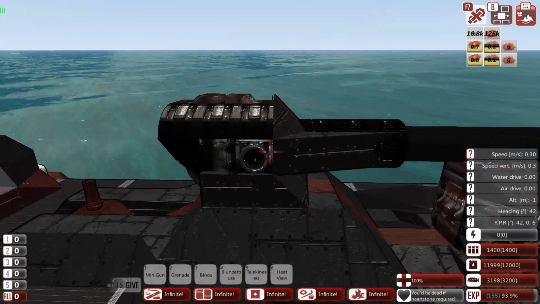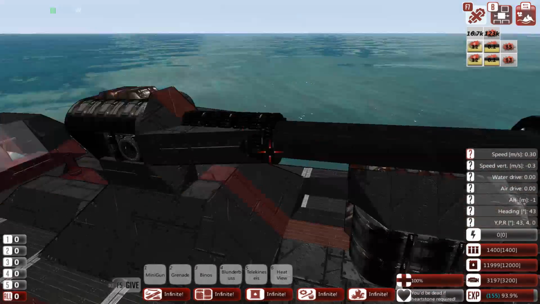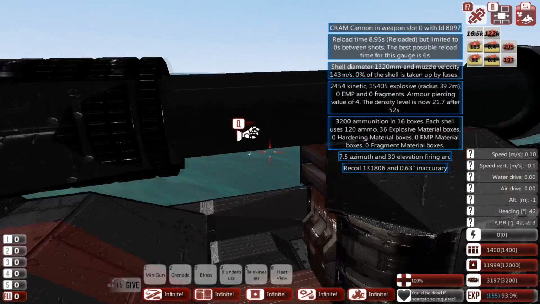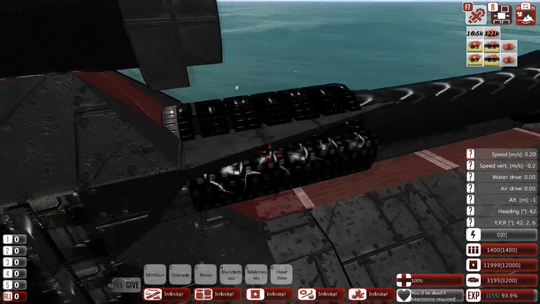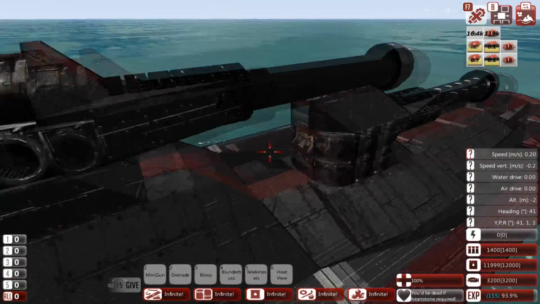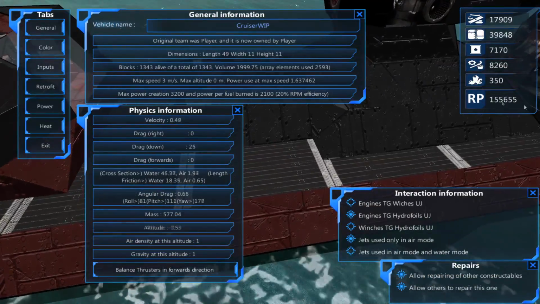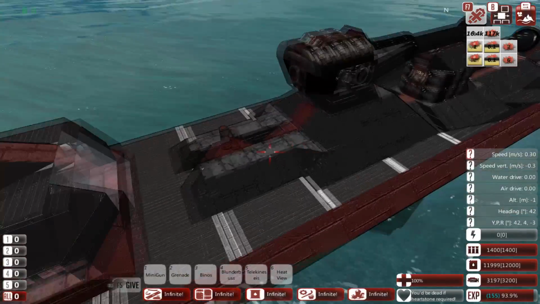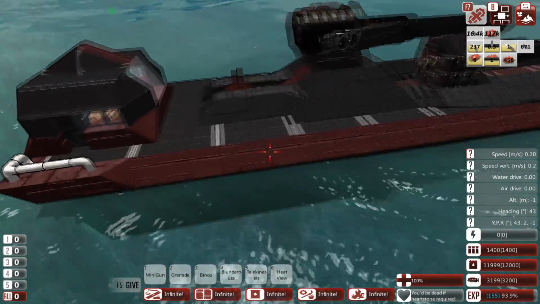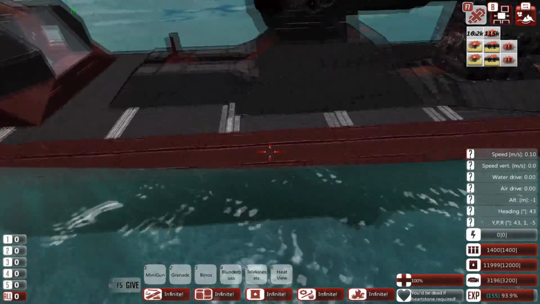This one is a high explosive one, and this one... Hold on, is this pen depth? Hardening material box 0. No, this is just a pure explosive material, and this is a pure EMP cannon. Am I right? 20 EMP materials. Yep, very nice. It's actually really quite cheap. 1.6k? Or 160k? Not too bad. The only finishing touches it needs are some repair bots and...